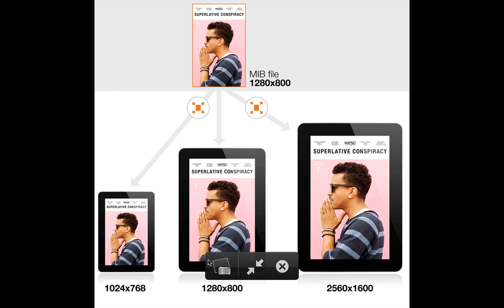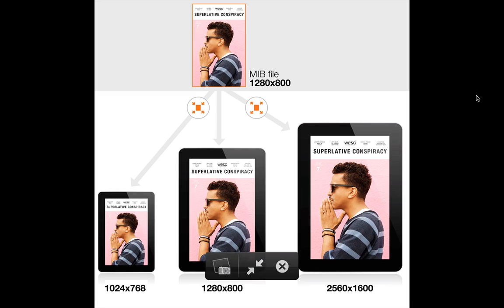So for 1280 times 800, it will scale the same as it is. It won't be any changes. But for 2560 times 1600, it will then scale up to fit the screen. And also for smaller devices, it will scale down to fit the screen as well, which makes it so easy to make all these